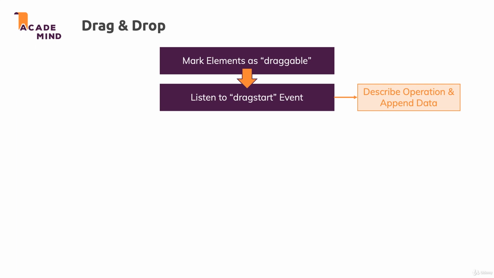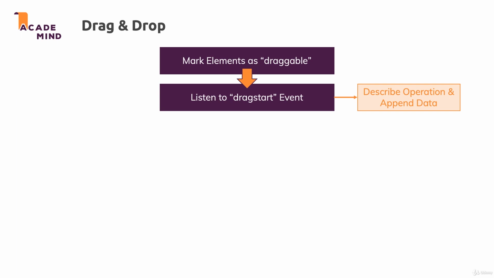And in order to make sure that they can work together and that you know, in the place where you drop something, what you started to drag in another place, you can add data to that drag event, which is then invisibly kind of passed around to the other events related to dragging and dropping. So once we started our drag operation and we configured the drag event, we have to tell JavaScript where the